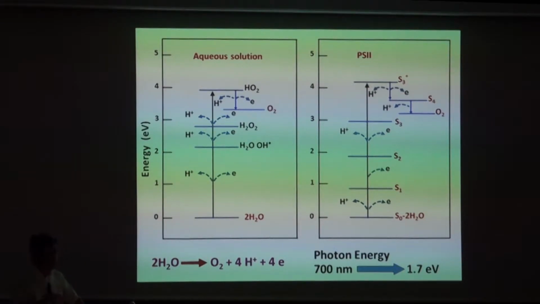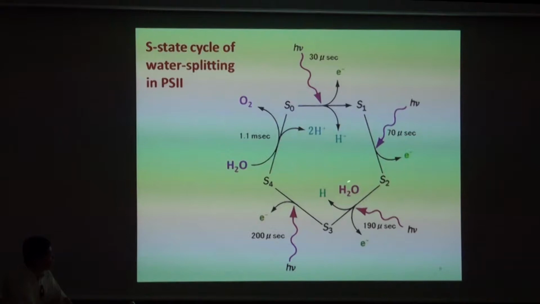So we are interested in the mechanism of this reaction, and especially the catalyst PS2, and how the catalyst looks and how it functions to catalyze this reaction. So, as I mentioned, this reaction can proceed through different